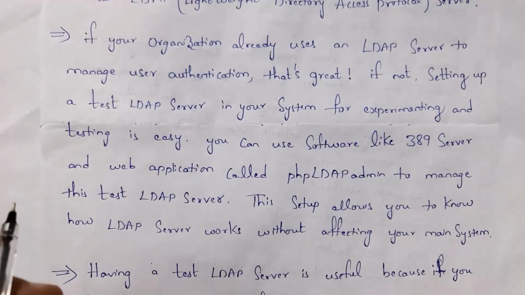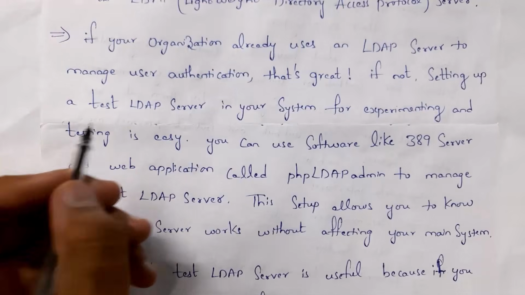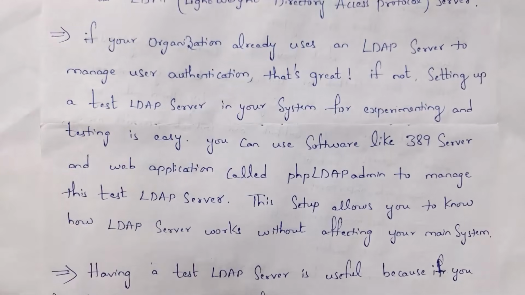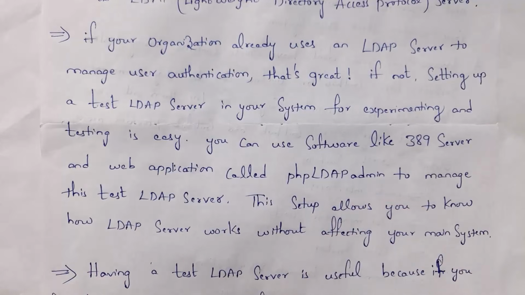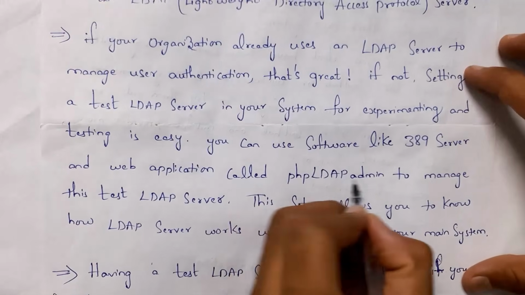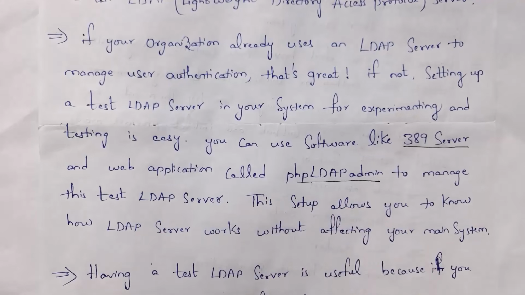We call this dummy LDAP server a test LDAP server. In order to create one dummy LDAP server, you need to install one software in your system. That software name is 389 server, and you also need to install one web application. That web application name is PHP LDAP admin. By installing these two softwares, you can create one dummy LDAP server, and this dummy LDAP server will work the same